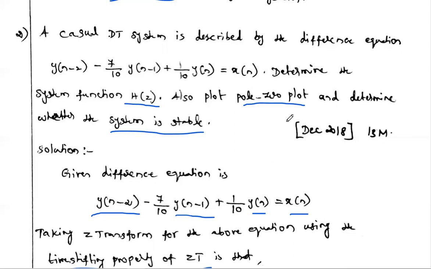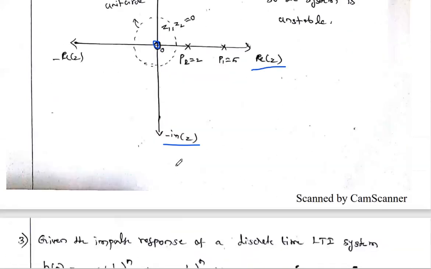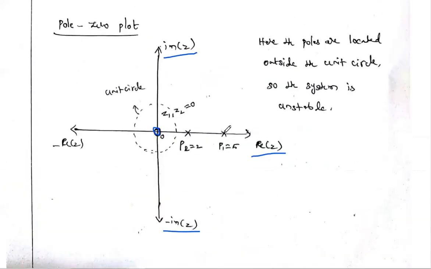So here I am telling what is meant by a stable system. The system is said to be stable if all the poles are located within the unit circle. Okay, so what does the unit circle mean? In this Z plane, you just draw one circle. Here, in dotted line, I have drawn one circle. Unit circle means the circle having the radius r equal to 1. The radius r equal to 1 is called a unit circle. So taking radius 1, you just draw one circle. This is called a unit circle.